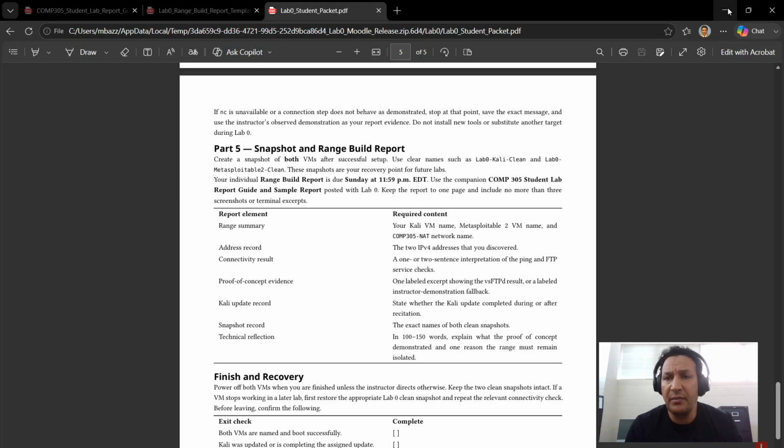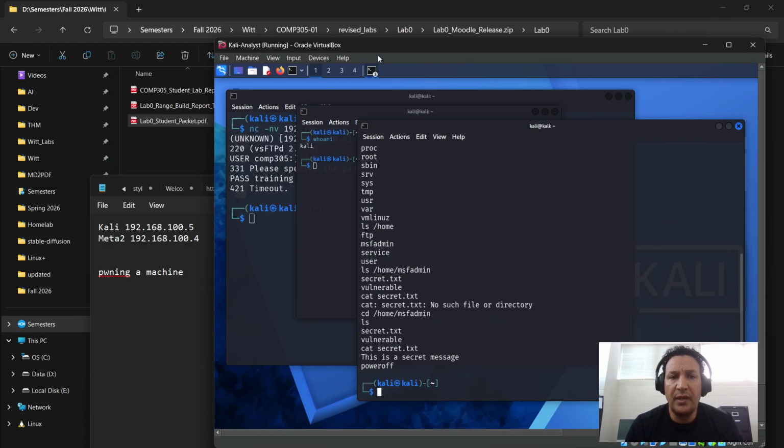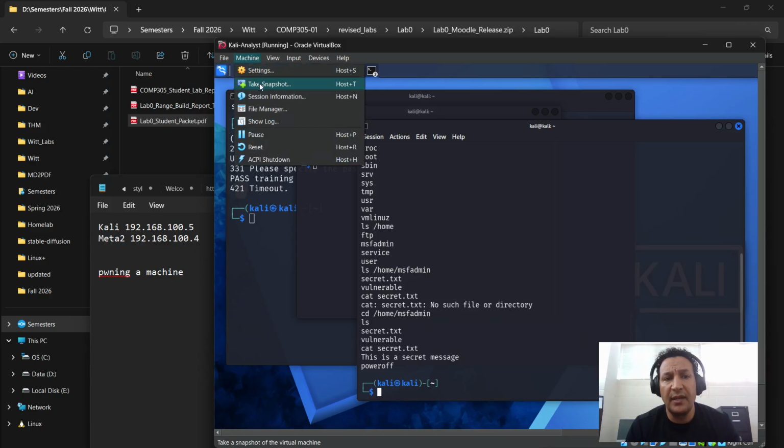So the snapshot, by the way, every time you have a VM running, you can actually save it. So think of a backup. You back up files that are not live files. You copy them to some other location and save them, or compress them and then save them. A snapshot is like a backup, but for a live system. So I have this machine that's running right now. I can go to Machine and take snapshot